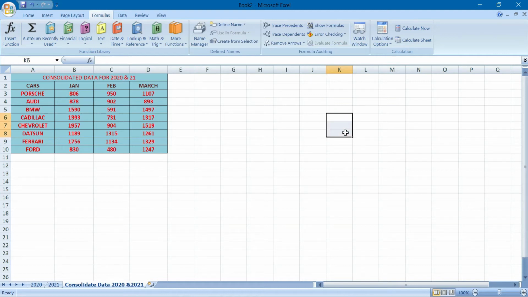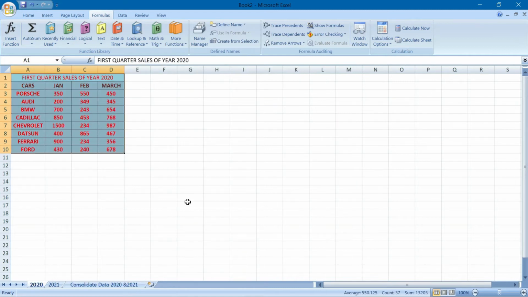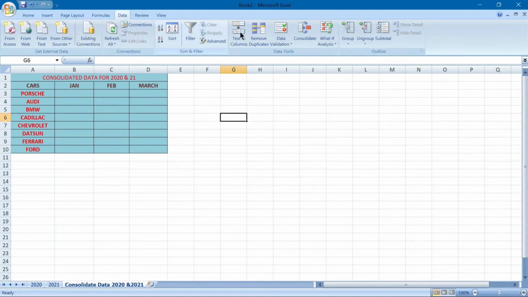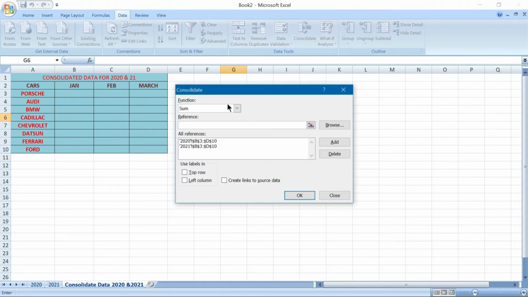Okay, correctly, I mean. All right, so once more I'm removing the data and all. Okay, and then if you want to find out the average or count, something like that, what could you do? Okay, so this is the sum function we had done with this particular thing, and now you come to the data, consolidate data, once more we are doing. Okay, now you see this time we are doing the average.